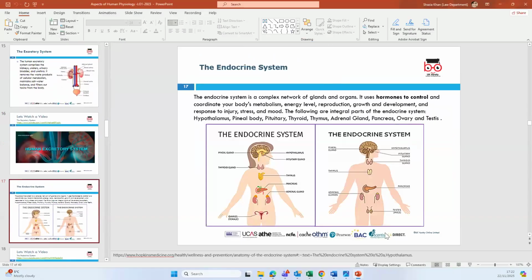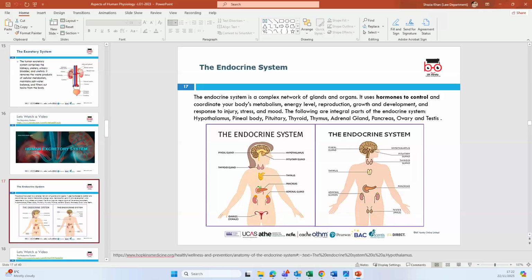Endocrine system. What do you think the endocrine system involves? We're talking about some system in the body that contains some enzymes. Yeah. So it could be helping the body. It's a network of glands that